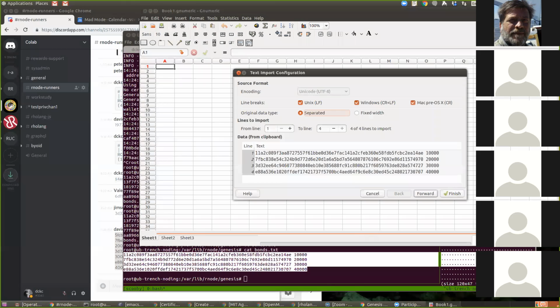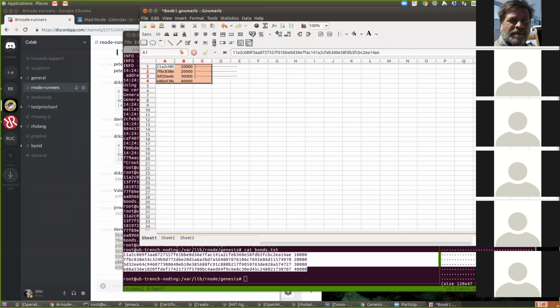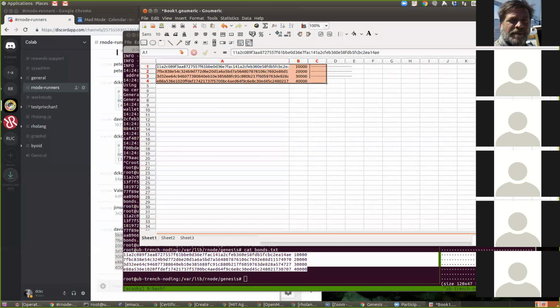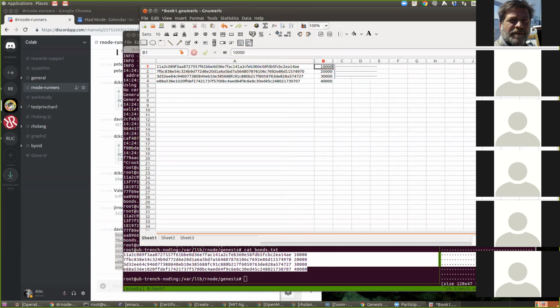I'm going to use a spreadsheet because I think that's easier. So this thing has 3 columns, right? Is this the column where we give ourselves money? Are you talking about the bonds file or the validator file?